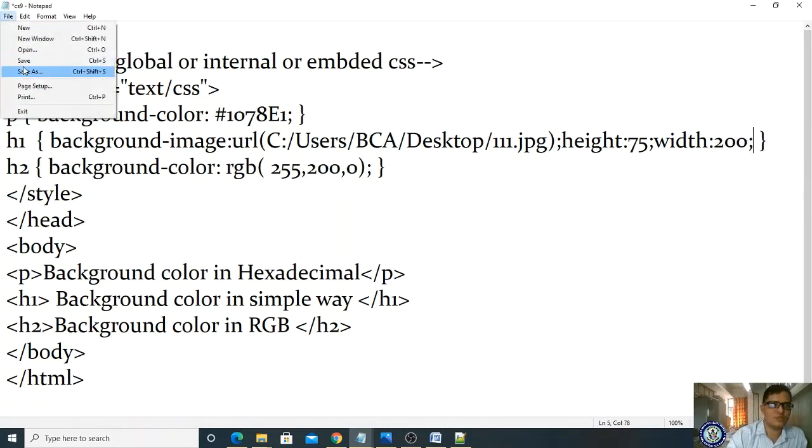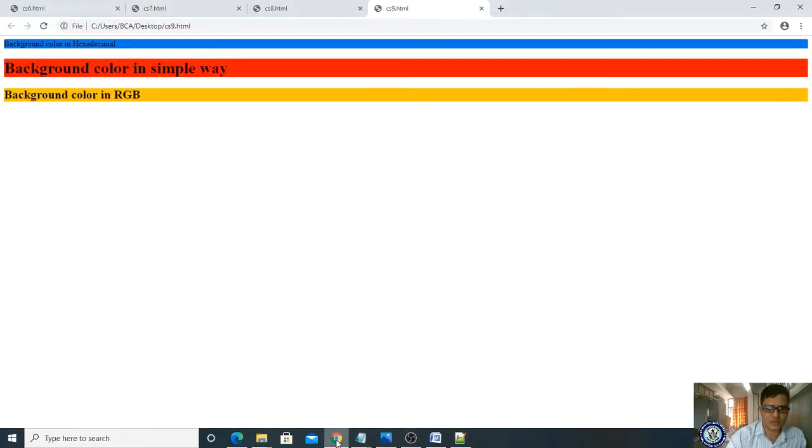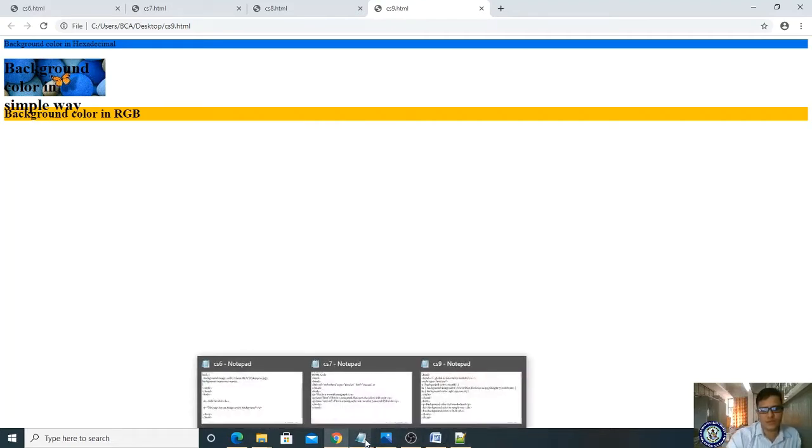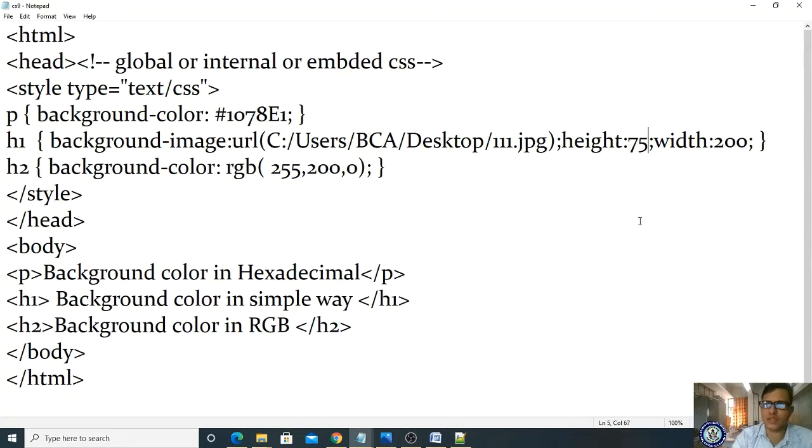Now let me save it and check your background. So I'm identifying this paragraph is appearing with the background image with height and width specified. Here height and width we have specified in pixels, so it is taking 75 pixel and 200 pixel.